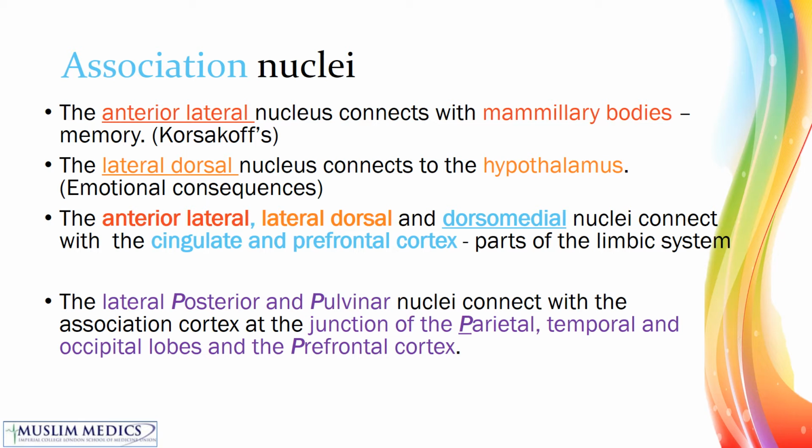of your limbic system. You also have more connections to the limbic system with the cingulate and prefrontal cortices through the anterior lateral, lateral dorsal, and dorsal medial nuclei. Finally, we have the lateral posterior and pulvinar nuclei, which connect with the association cortices at the junction of the parietal, temporal, and occipital lobes, and the prefrontal cortex. Now, one way to remember is to mind your P's. So there's posterior and pulvinar, which connect at the junction of the parietal, temporal, and occipital lobes and the prefrontal